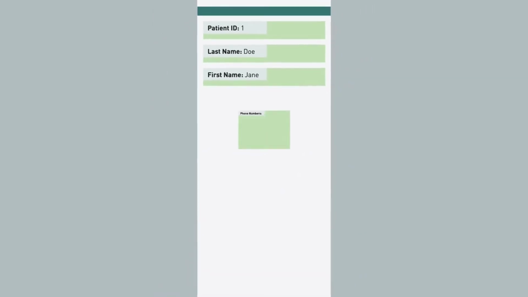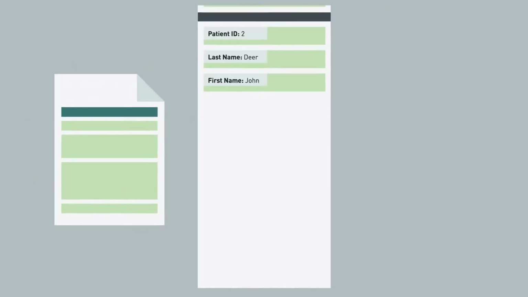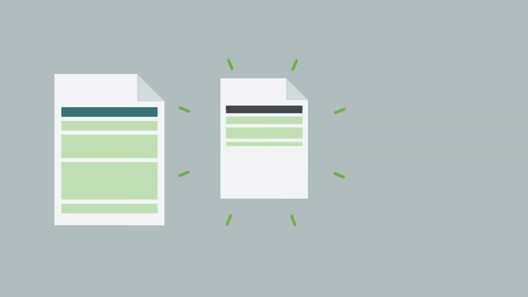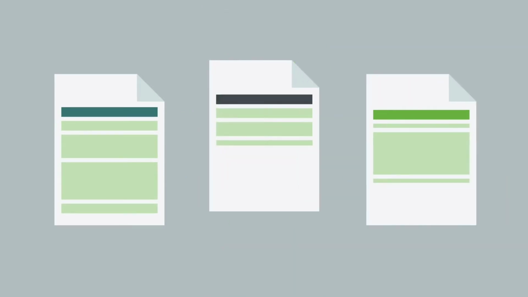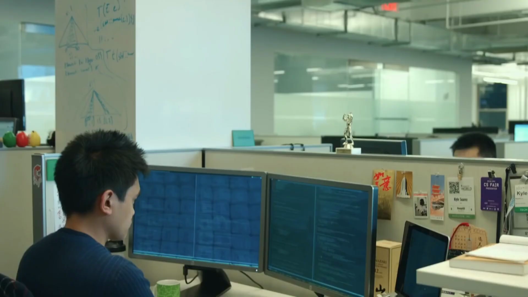Data is stored in records we call documents, and just like physical medical records, one patient's document can have 3 phone numbers, 2 addresses, and 20 prescriptions, and it can live right next to another patient document that only has 1 phone number, 1 address, and no prescriptions. Records aren't restricted to having the same number of columns. Documents let you structure data in a way that is efficient for computers to process and natural and easy for humans to read. This is incredibly powerful for developers,